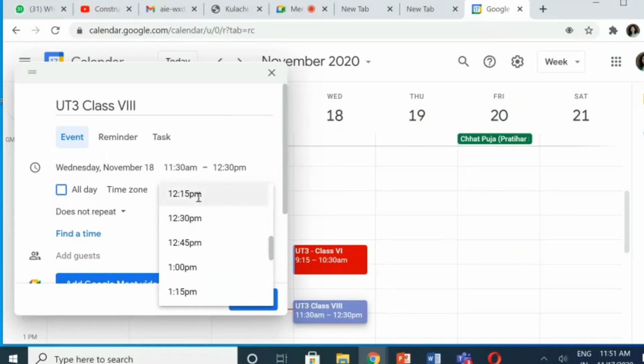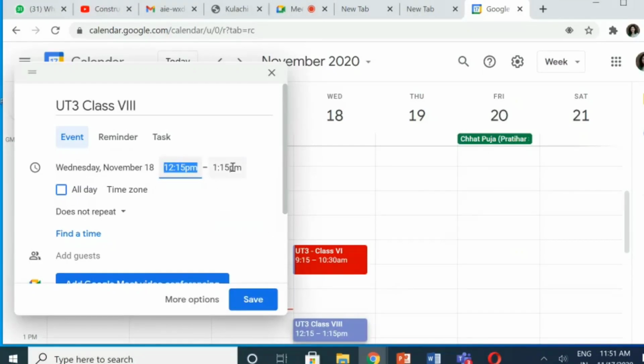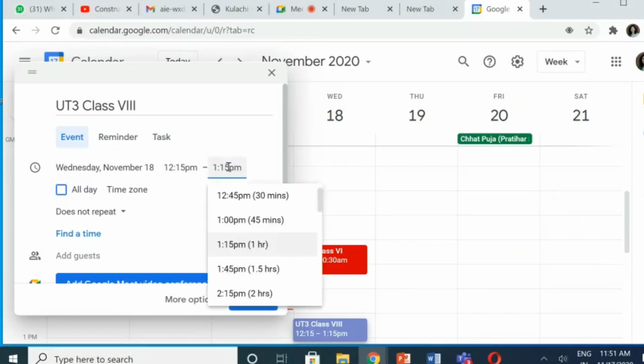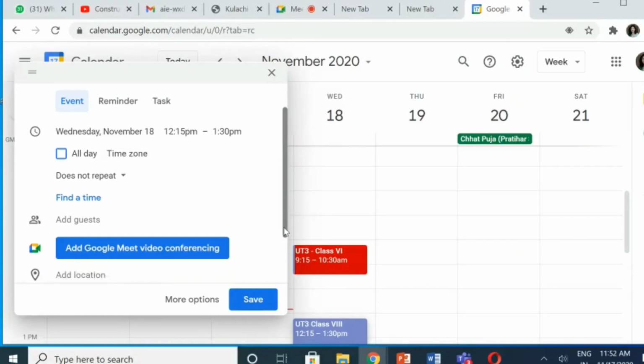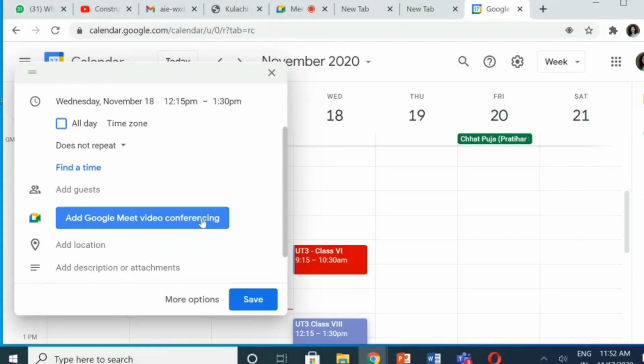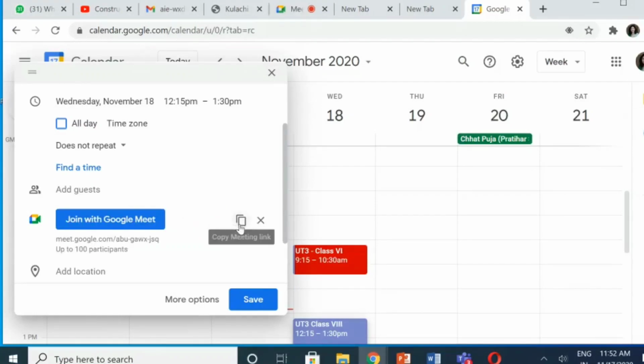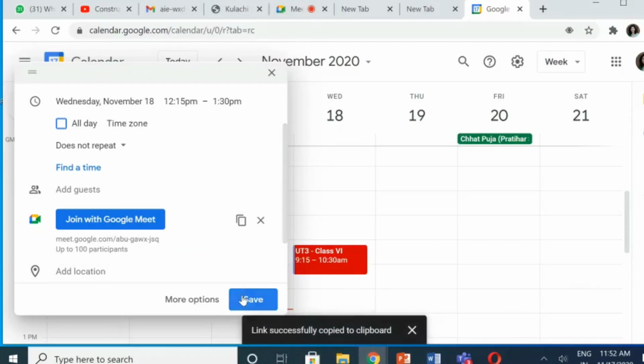So I'll take it from 12:15 and it is going to go till 1:15 and we'll put it till 1:35 to be on the safer side. So 1:30 p.m. This is the meeting scheduled and I can add Google Meet conferencing. Once I do that, I get these two rectangles. I can copy this and I save this meeting.